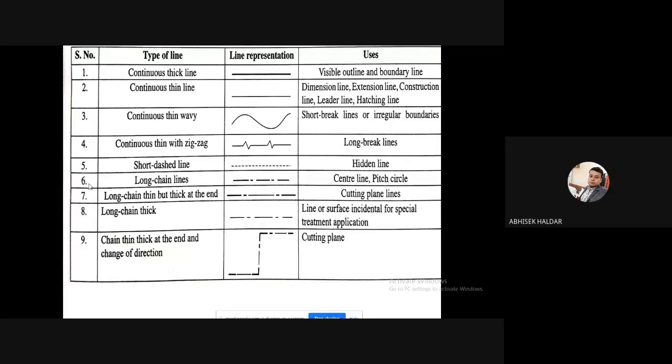Okay, number 3, you see, number 3 is the wavy line. There will be very limited use of this one. We may not be using this one, but you have to know it. It is basically for short break lines. Say I have a long plate, the length is very large and the thickness is small. So how will we show the thickness? The thickness can be shown if I use this type of small wavy line to show the thickness of that plate. That means I will understand automatically that the length of the plate is very large, but compared to the length, the dimension of the thickness is small.